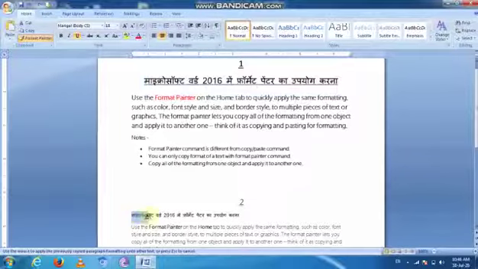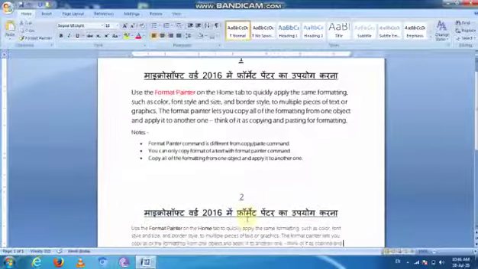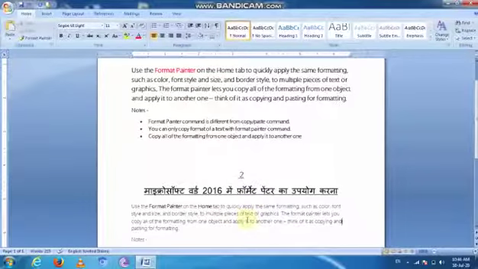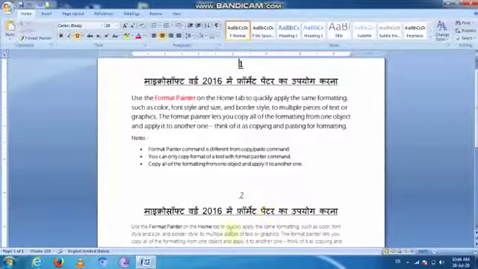These lines change format. You can see the format is changed. So the first heading text format is applied on the second heading text format.